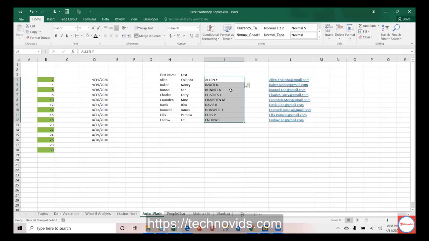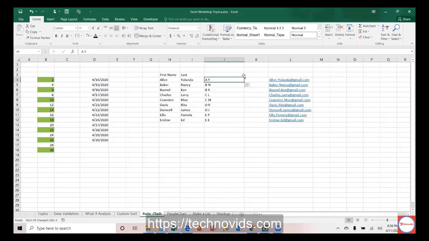As you can see, it did identify. It identified Baker N, Brunel K, but with all the capital letters, because that's what I said. Alan, this one and this one. So let me just do the last part and complete this topic. Let me do first letter and last letter. As you can see, it has identified automatically without me filling the flash fill. So this is a very powerful tool.